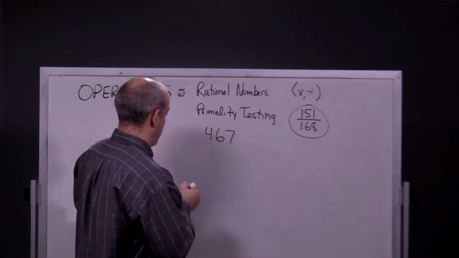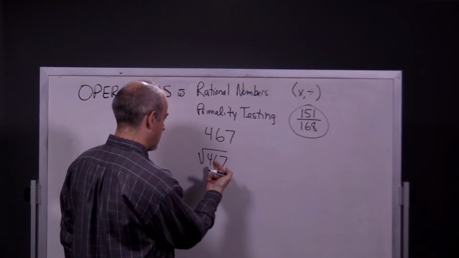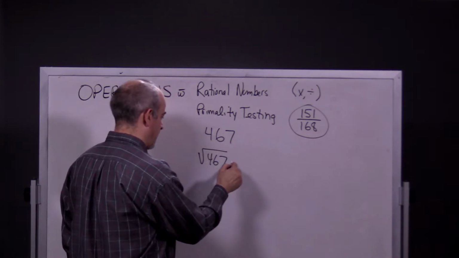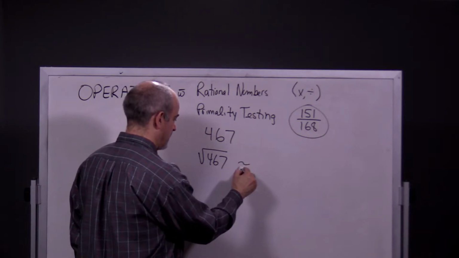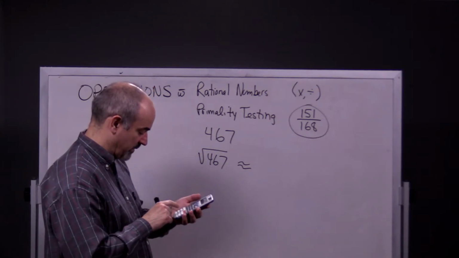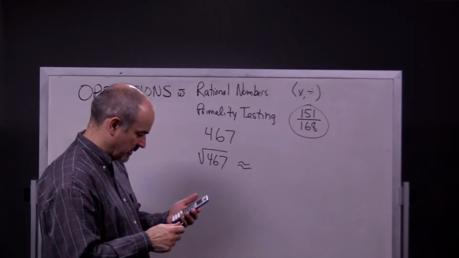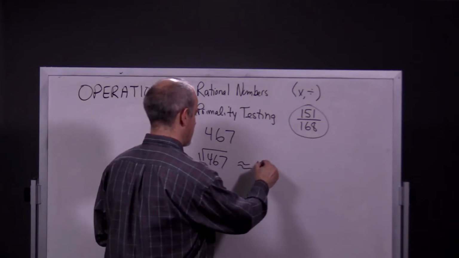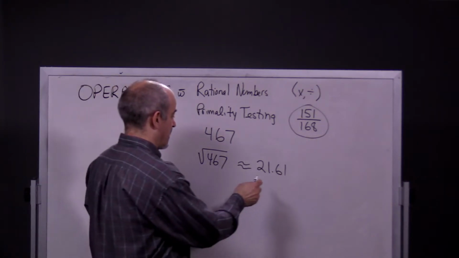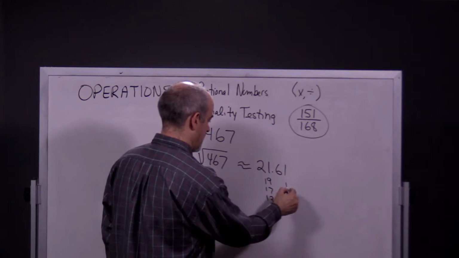So you take the square root of 467. Did I remember to write this radical sign around it before? Did I just write 151 as approximately 12.2? I don't know. I can look at it again and I'll point that out in the description of the video. You take the square root of the number. It's 21.61. Remember, this is approximate, not actually 21.61. So you're going to test all the prime numbers less than that. So it's 19, 17, 13,